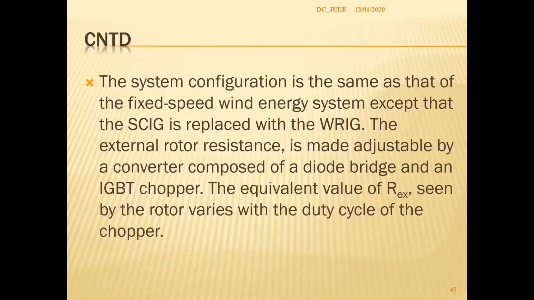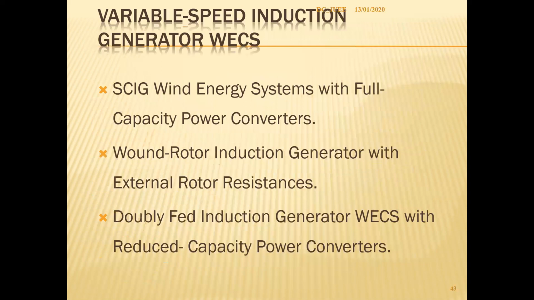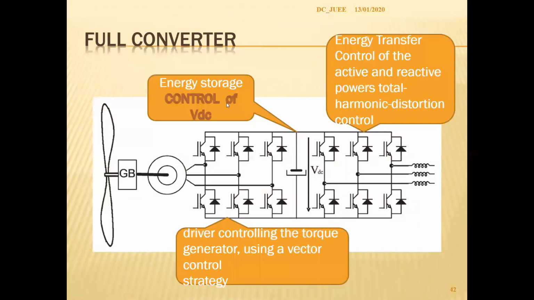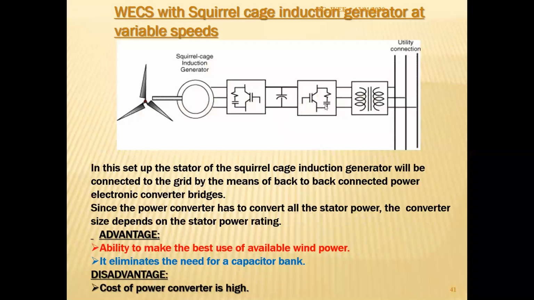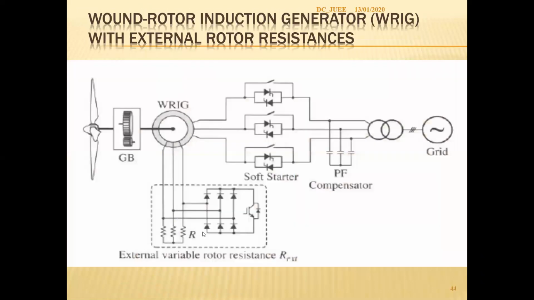Now, as I have said, the disadvantage was that the power handling capability of this converter should be 1 per unit as per the rating of the generator. Here we said that the system will be lossy because physical resistance is introduced, overall efficiency will reduce to a drastic extent, and there is cooling of the resistance arrangement and all those things. So this is not a very wise system to be operated.